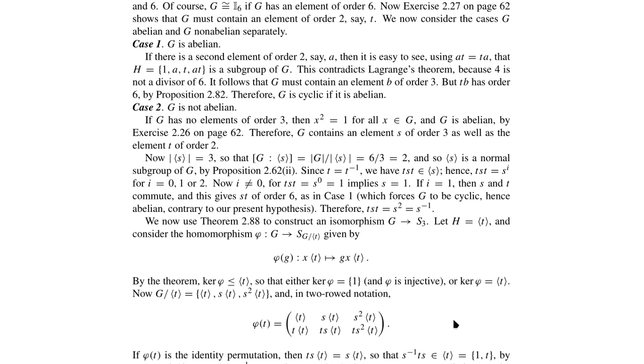Alright. Okay, so now as before, what you do is you try to construct an isomorphism which takes you from the group G to S3, and here the subgroup H that we considered before is just the cyclic group generated by T, right? So as before, you have this homomorphism taking you from the group to the symmetric group of G mod T, mod the cyclic group of T, right? So that's all the permutations. What it does, again, simply